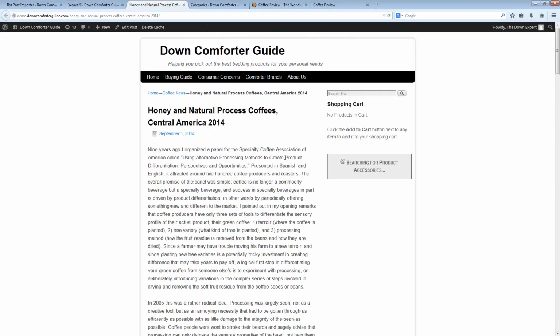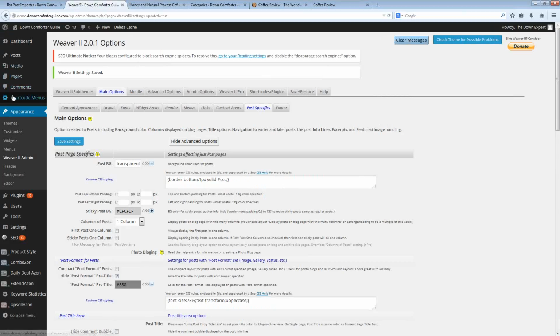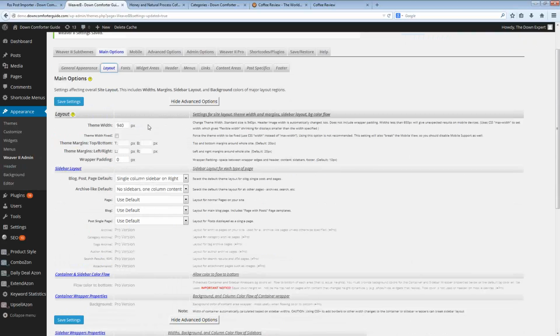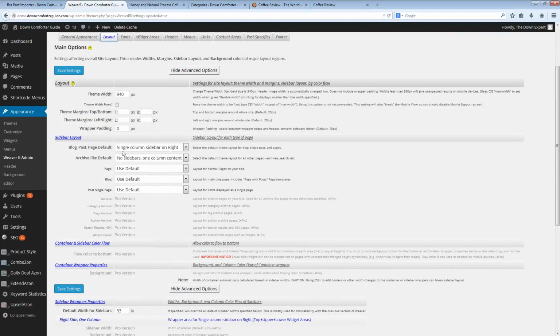There are two other things though that I want to point out. Number one, you have this sidebar here. What if you don't want the sidebar showing up on these pages, but you have all these other actual WordPress pages on your site and you do want a sidebar showing up on them? How do you change that? This can be done from the Layout tab under Main Options and Layout in the Weaver 2 admin. You have